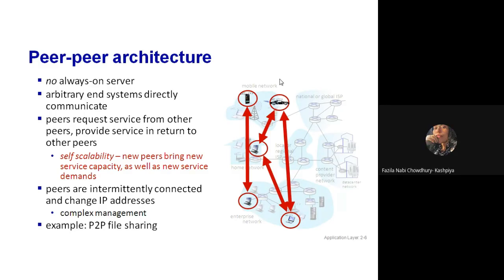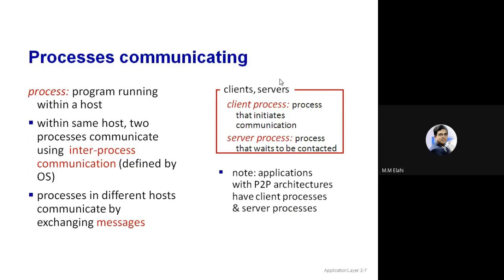Okay. Sir, I have a question. Yes, Fazila. Sir, in peer-to-peer, the overall security system is weak, right? Because each system is independent, I think, and contains its own data. So what about the security? I'm just curious, sir.